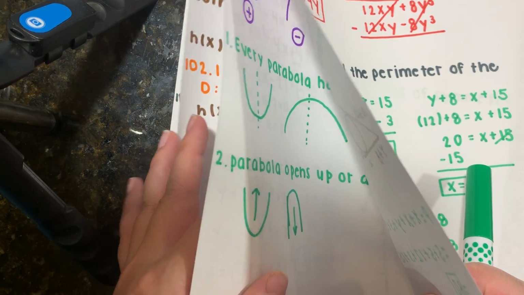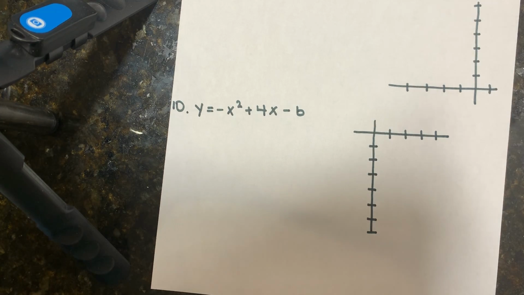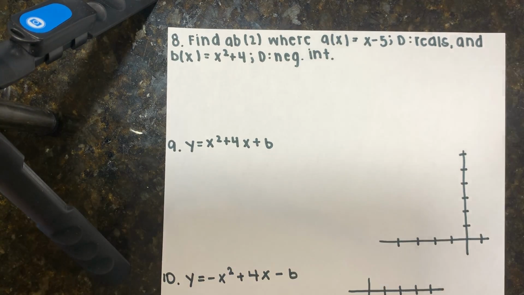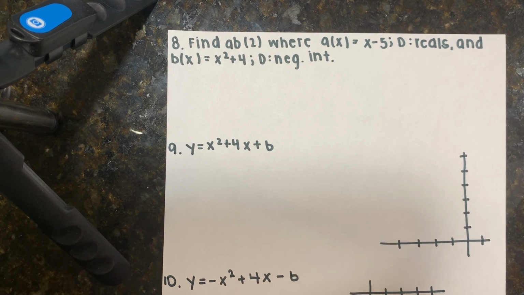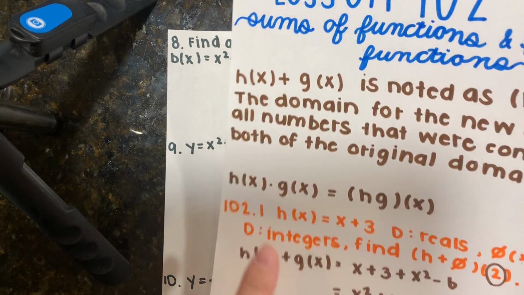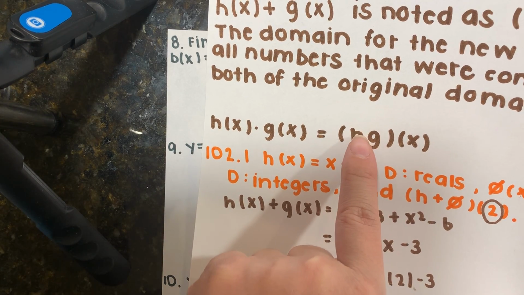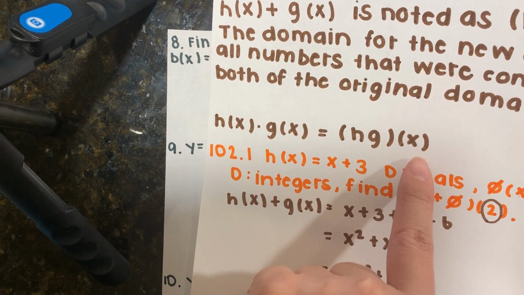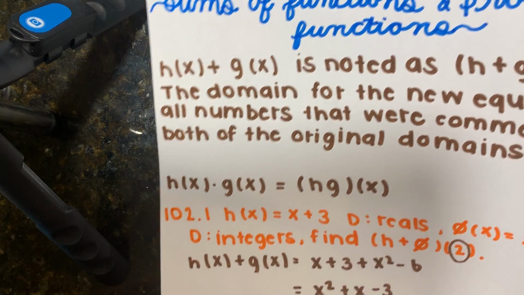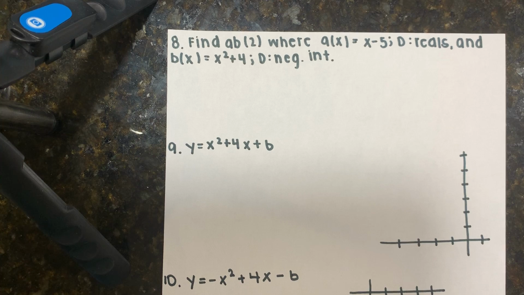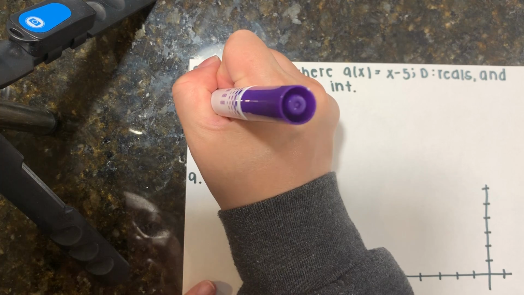And then the last three that I wanted to do with you were numbers 8, 9, and 10. And those are from previous lessons that we've just gone through. So number 8 is going to be: find AB of 2 where A of x is equal to x minus 5 where the domain is reals, and B of x is x squared plus 4 where the domain is negative integers. Remember that when you see something like this, you're going to multiply those two equations together. You have to also make sure that the x that they're asking you to solve for fits within the domain of the other two. So I have AB of 2,